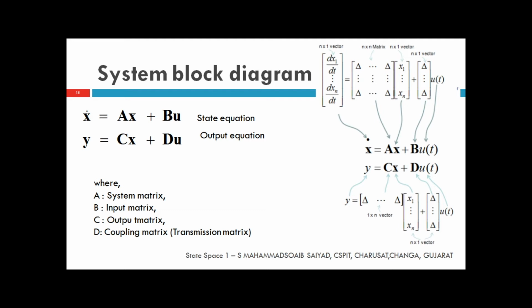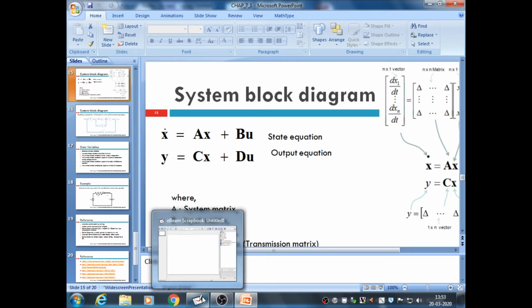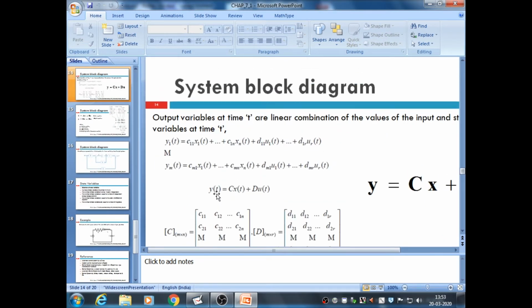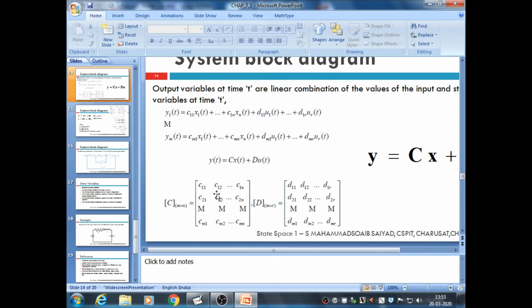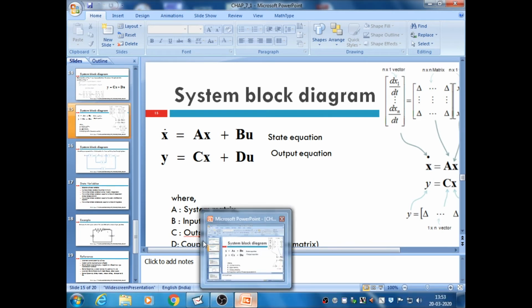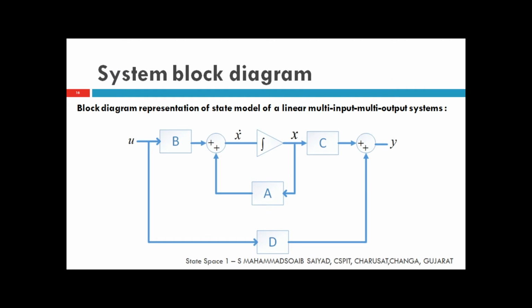Okay, so whenever we are talking in terms of a diagram, we have to draw a diagram for any system. Generally, as I said earlier, we have the input, which we term u of t, and the output, which we term y of t. So we need to draw the diagram in such a way that it shows the various concepts of this state space representation.